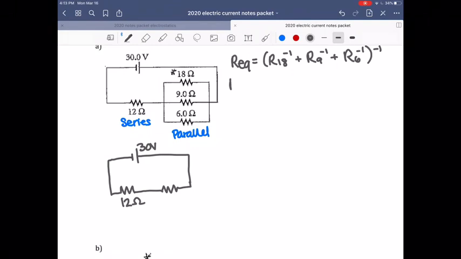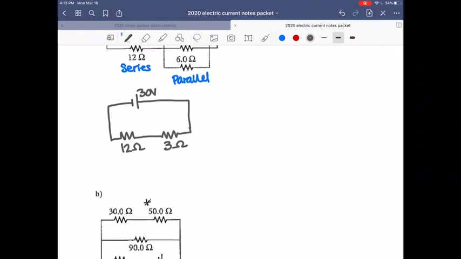So if you add them all together, you get an equivalent resistance for just the parallel section, and that comes out to 3 ohms. So if you squish them all together, you get an equivalent resistance of 3 ohms. Now, if you look at the 2 resistances, we have a 12 ohm and we have a 3 ohm. So if we added those together, because they're in series with one another, you would get an equivalent 15 ohm